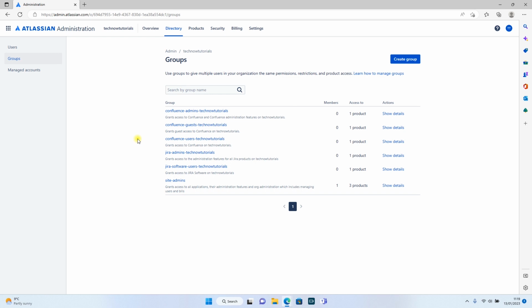The default groups are the ones that you see here: the user groups, guests, admins. Same goes for Jira. All the products are assigned to these groups already, so just keep in mind that once you invite someone, they will automatically have access to Confluence. Same goes for Jira. Make sure that you don't invite random people to site admins. Just keep in mind, they are managing all the products that you have